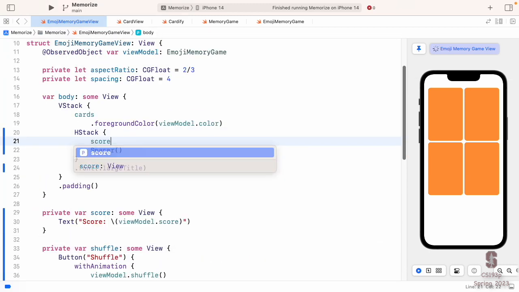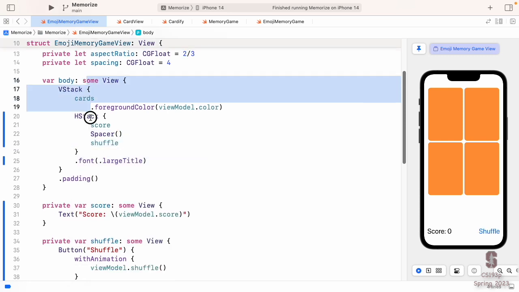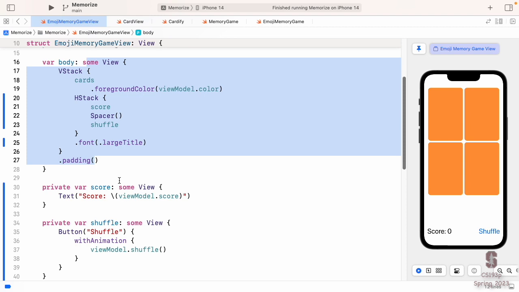And then that lets me go back up here and say score, spacer, shuffle. And this just makes this more understandable. It's easier to read what's going on. I actually added a line of code here. I have 2 lines of code where I only had 1 up there. But this line of code is a naming line of code, and computer science is all about naming. Arguments have been made that that's all it is, one gigantic naming exercise. But you can see how it makes my code look a lot better. And I really want you to do that.